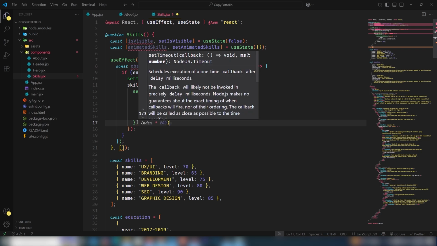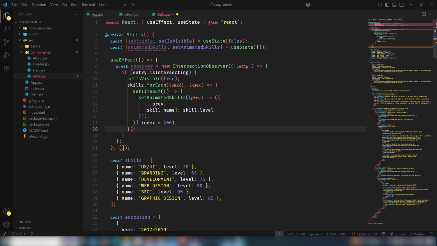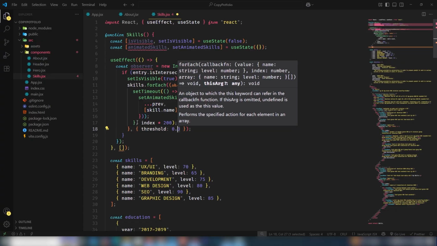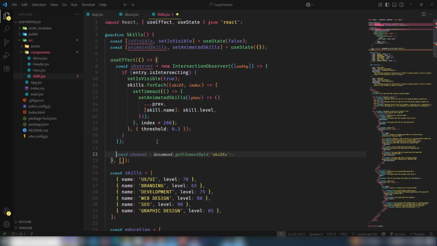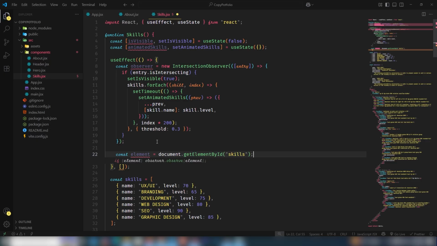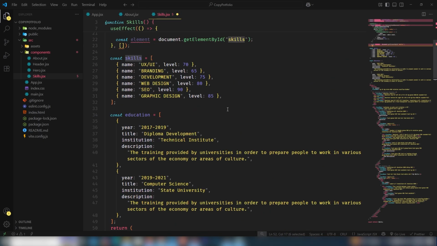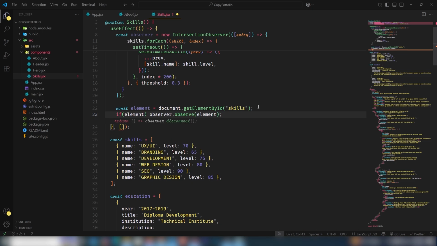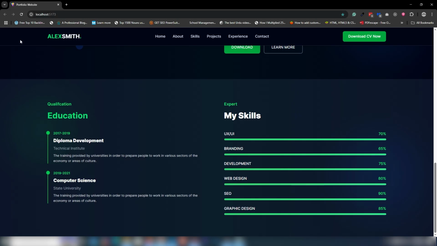So after this one curly bracket, I need to use index times 200, and also I need to add the threshold should be 0.3. Yeah, best. Okay, and outside of this one I need to use const element document getElementById, the particular id which is coming from there, and then we're gonna add if the element exists, assign that cleanup function, that's it,